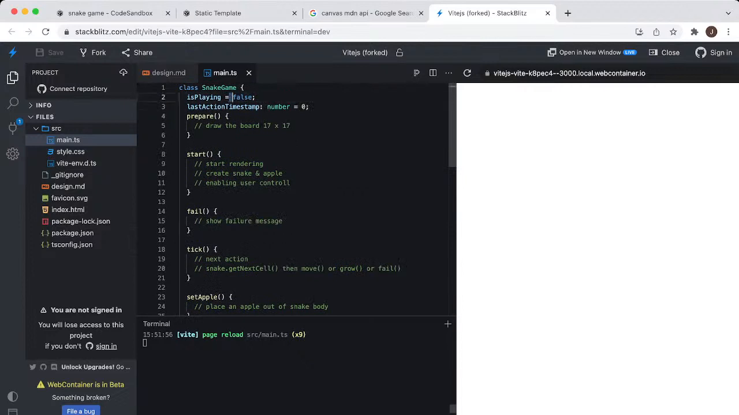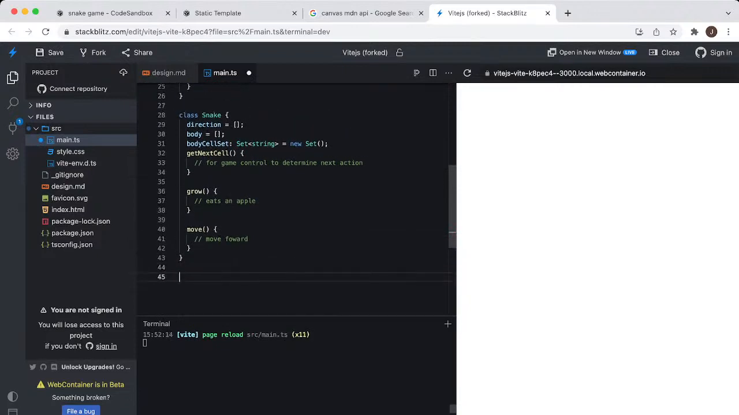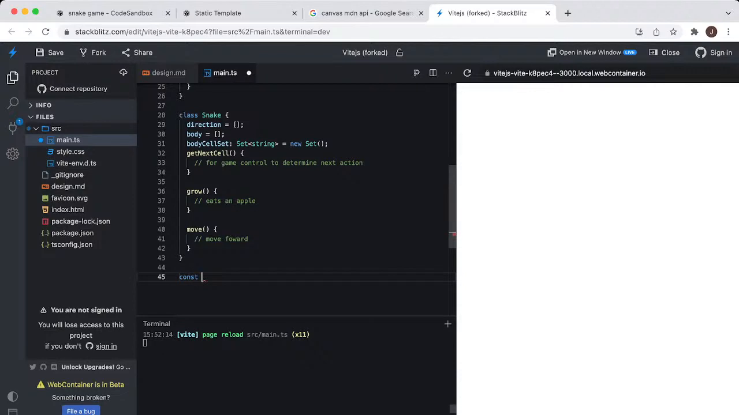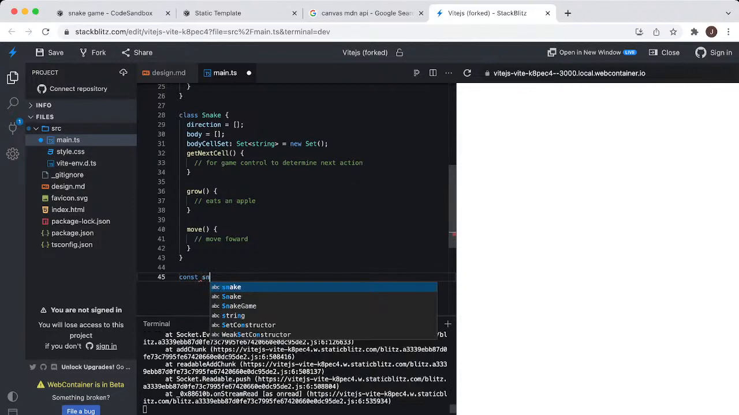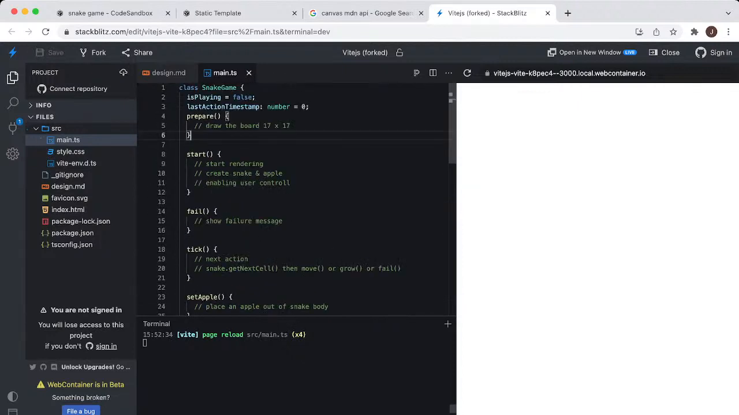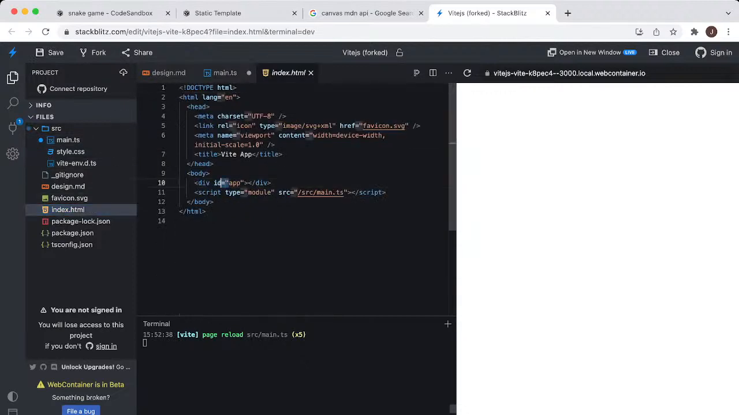Okay, let's do this. Const, or, yeah. Let's just do it in prepare. Const snake game equals new snake game, then snake prepare. Awesome. So in prepare, what we do in the DOM, we have this ID app. We could just place it there. Okay,